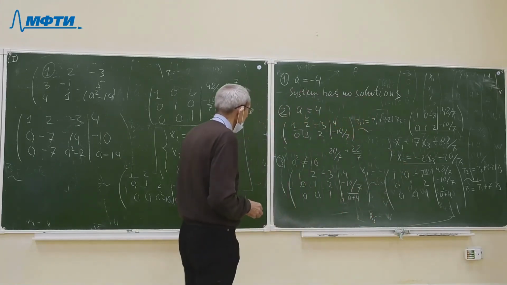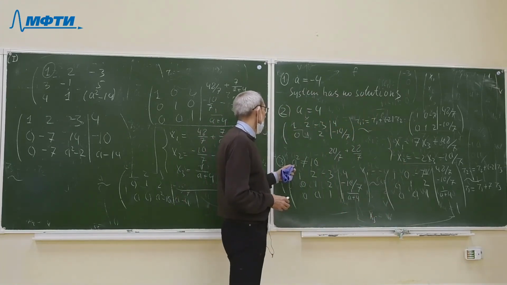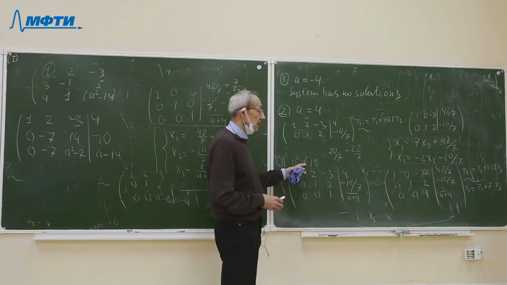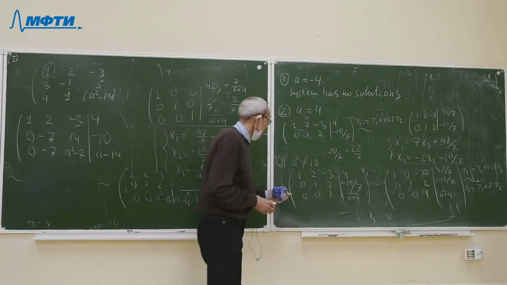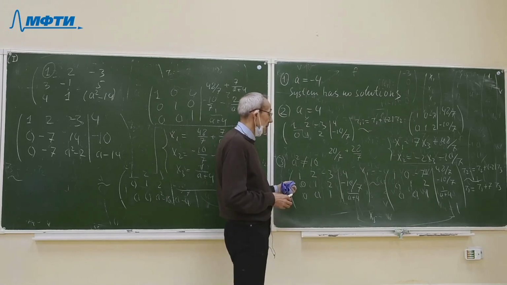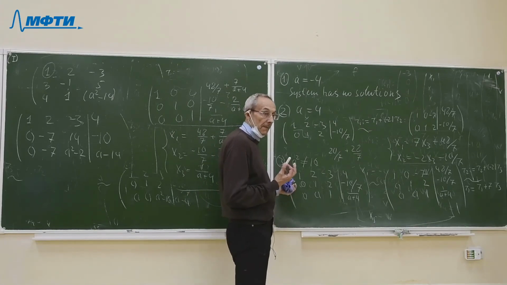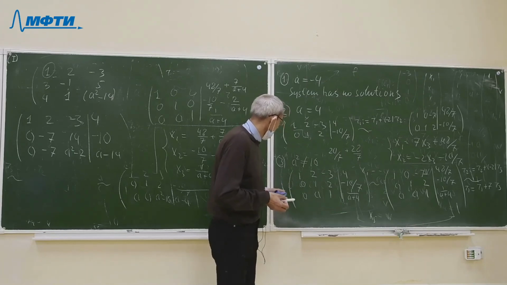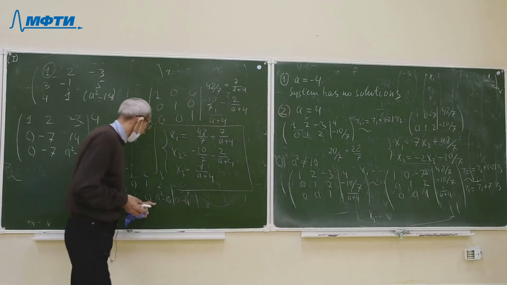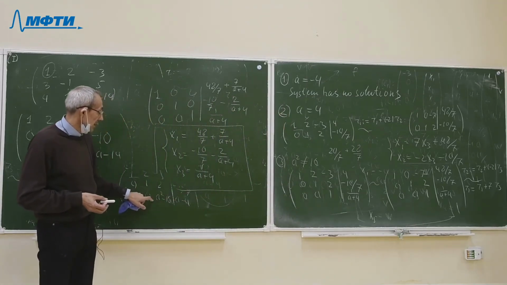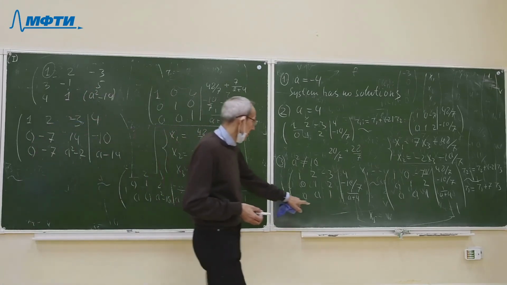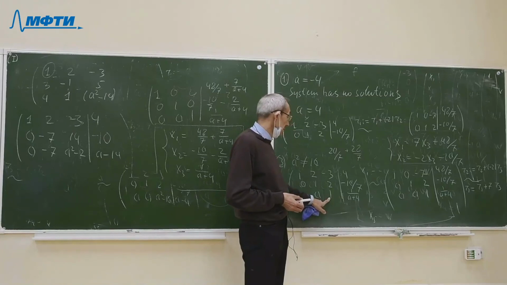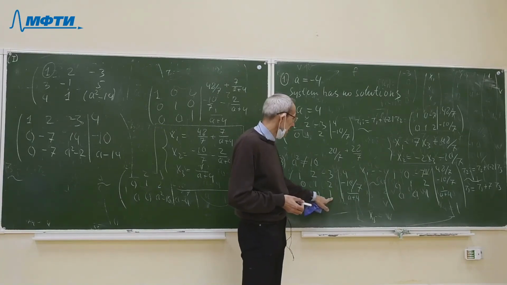And the second case, when a square is not equal 16, and in this case we have a unique solution. I rewrite the second equation. I divide the left and right side by this term. I transform the leading term into a unit, and this